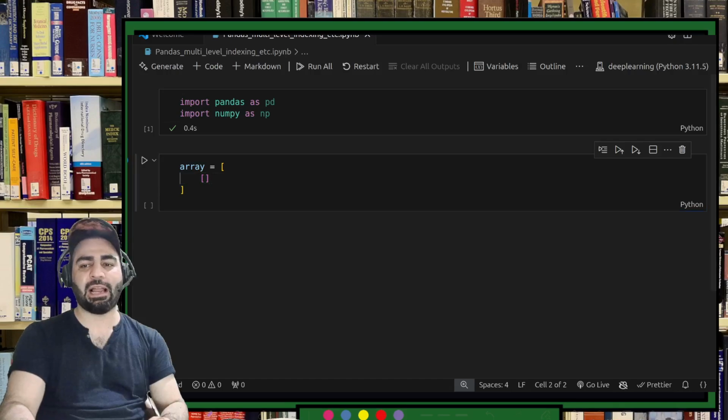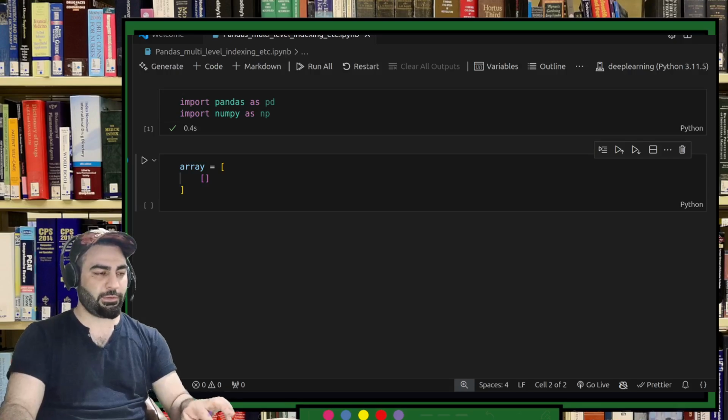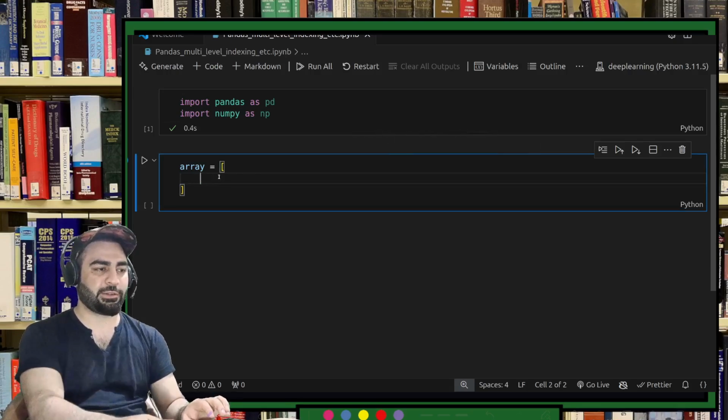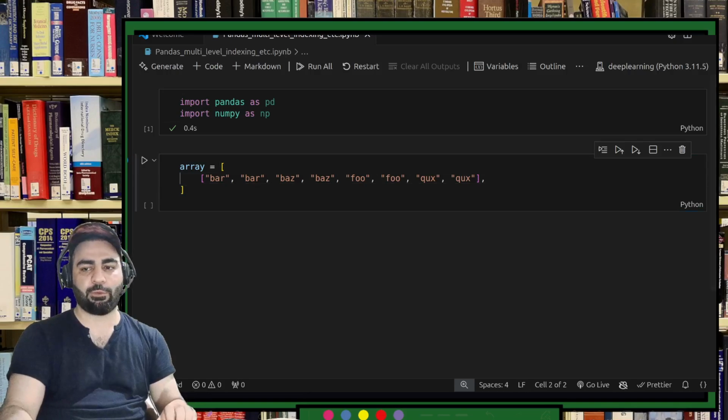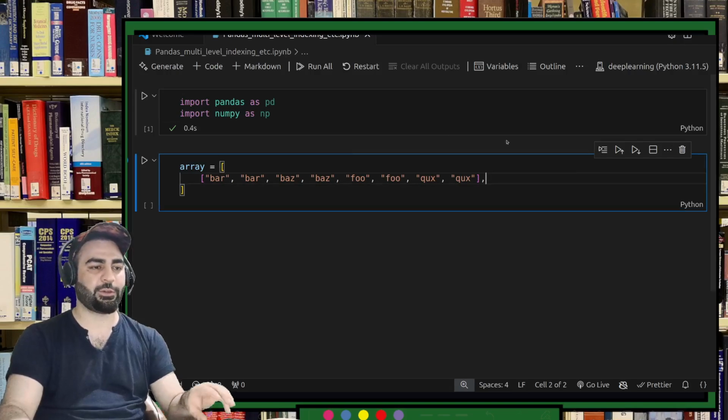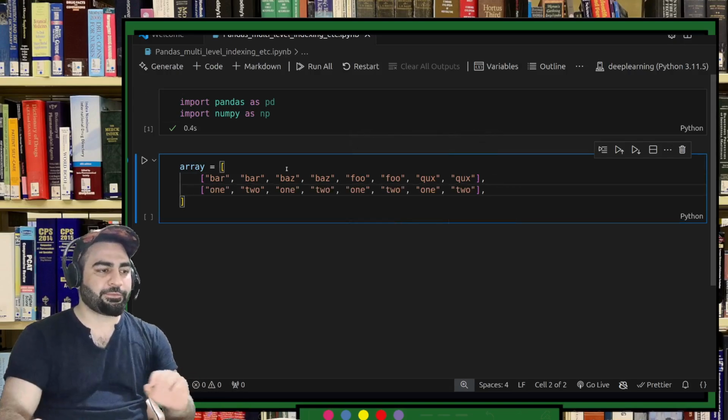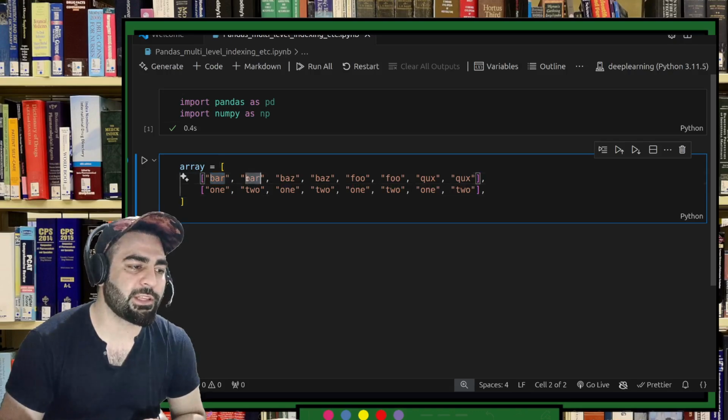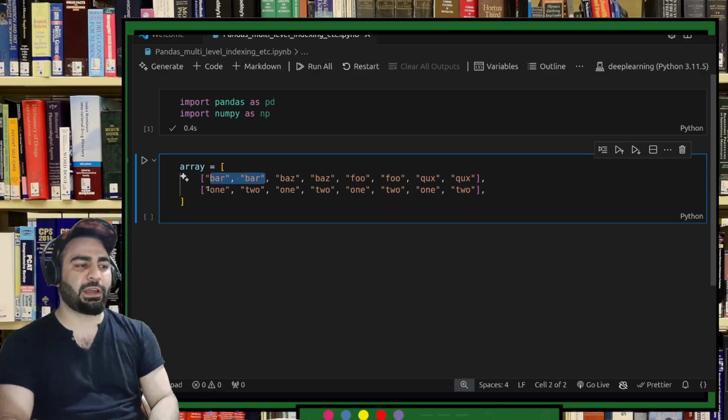We have names. I'll initially use whatever they have written in the documentation. So if you see, I'll create a list and then I'll explain it. So we have a list like this, and we have a second list, which I'll just copy from the documentation and paste over here. Then we'll have a discussion on it. So now you see this bar over here. This bar is just one name, and then we have corresponding to it 1